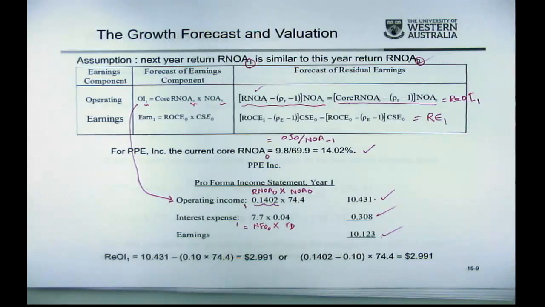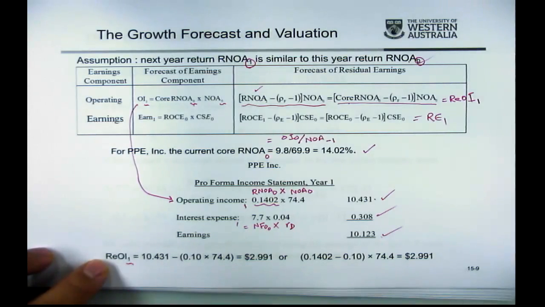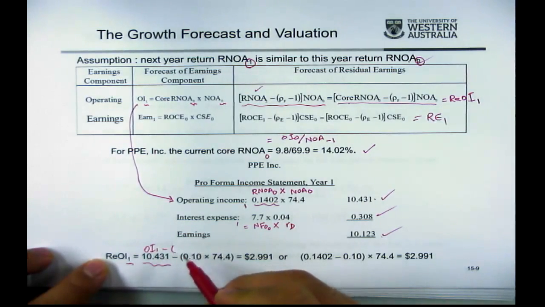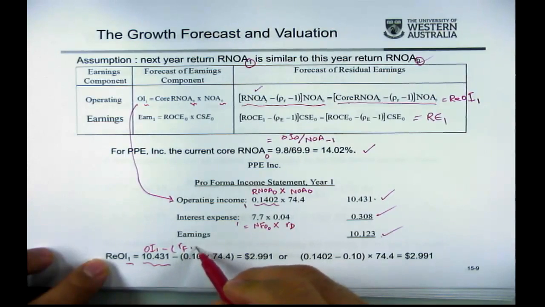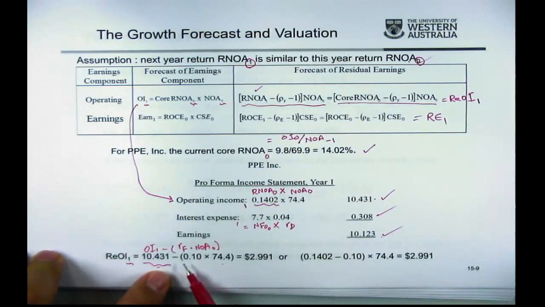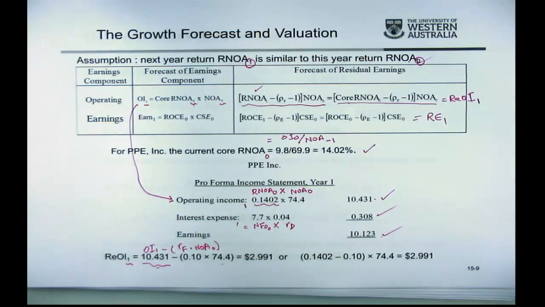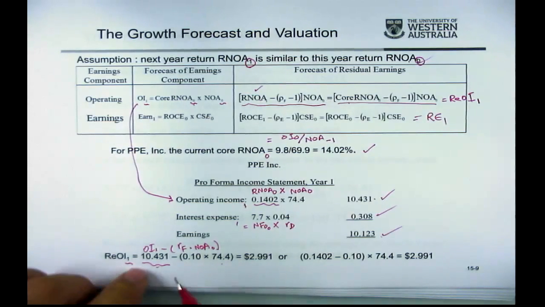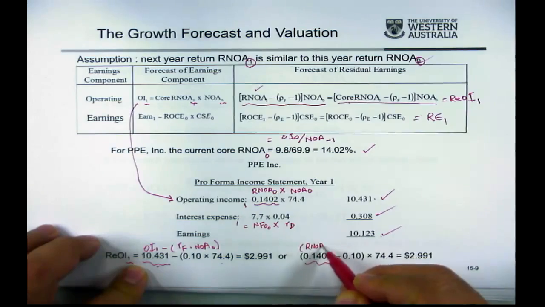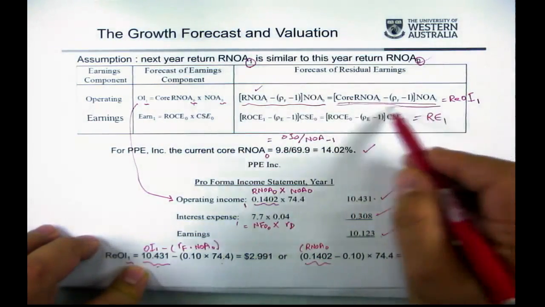As you can see, residual operating income in year 1 is equal to operating income in year 1 minus the product of the cost of capital and net operating assets in year 0. So this is operating income in year 1 minus the product of the cost of capital and the net operating assets at time 0. Alternatively, you can calculate it as the difference between the current return on net operating assets, using this formula here,